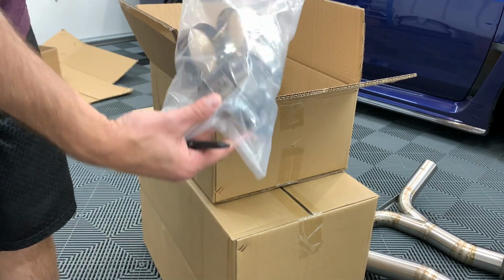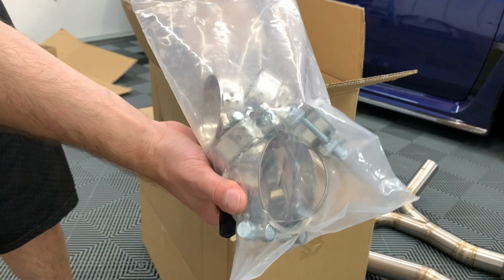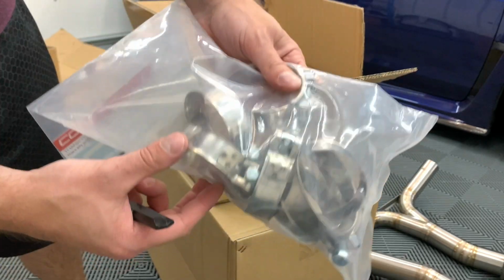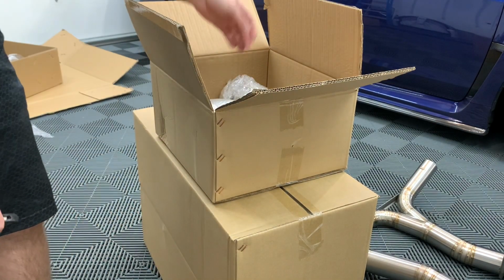Here is all the hardware that comes with it. These are all the clamps. So super simple to install. Literally just slip them over the exhaust and tighten them down. And then this,